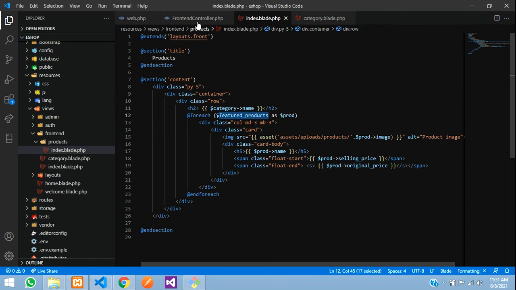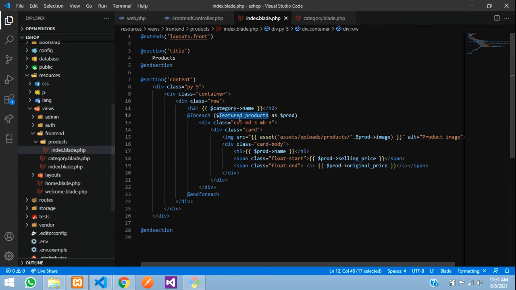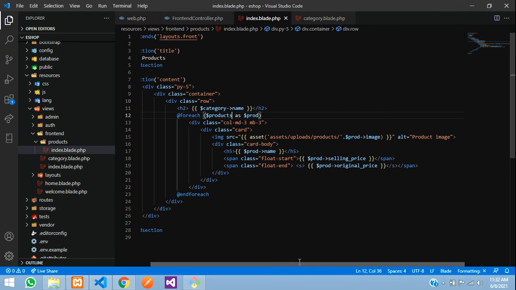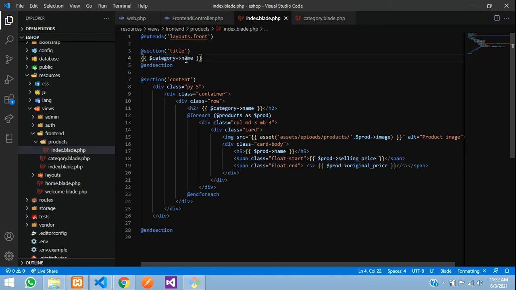And instead of this featured products we are going to send this variable, right, products, copy that and paste it over here. Yeah, and now this should look good. Yes, and in this title, right, we can just paste this category name itself, so it will be more appropriate. Save. Now let us check the output.